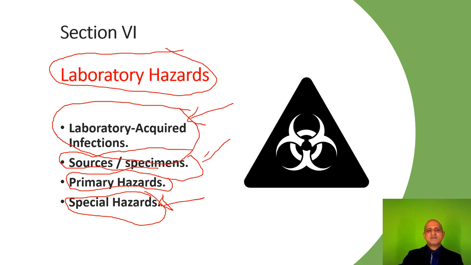Now, the sources and specimens is also another issue which must be considered. For instance, if you're working with patient samples, patient-derived samples such as serum, blood, body fluids, or tissue, there may be other laboratory hazards such as the presence of other pathogens in the patient which have not been included in the report. And these can pose a risk to laboratory workers. There are also special hazards which may be associated with the culture of that particular biological agent in a specific cycle or a specific working environment, such as an enriched culture medium.